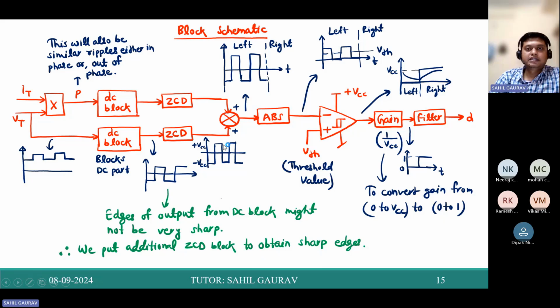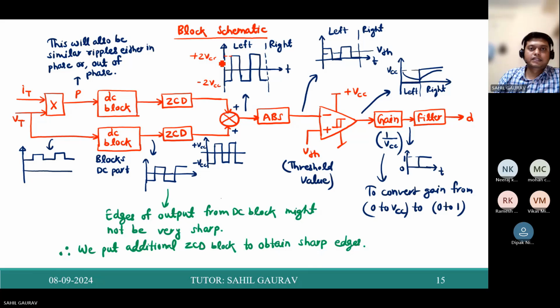For voltage and power, it will be different for the left side and right side. Now if you combine both of them, since on the left side the power ripple and voltage ripple are in phase, they will sum up. Suppose here it varies from minus VCC to plus VCC, then it will vary from minus 2 VCC to